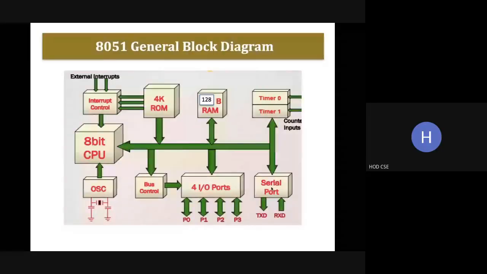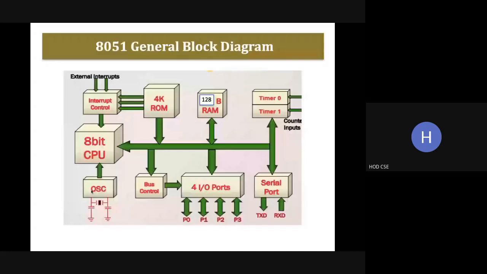We have the CPU, then the interrupt control unit, and a ROM, which is used to store the program, and a RAM used to store the data, and we have 2 timers, timer 0 and timer 1. For example, if an application needs only one timer, timer 0 will be used; we can go for only one timer. The other timer will not be used. And if any serial transmission is required for that application, we can use it. Otherwise, it will not be used. And we have 4 I/O ports, which are used for parallel data transfer, and the oscillator, which is used to produce the clock signals.